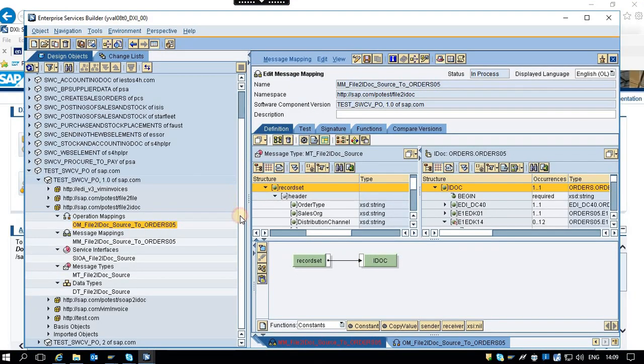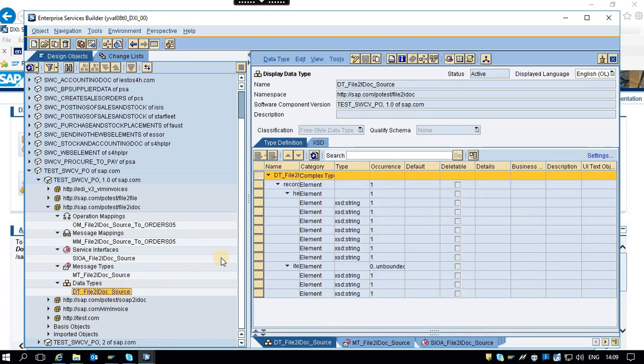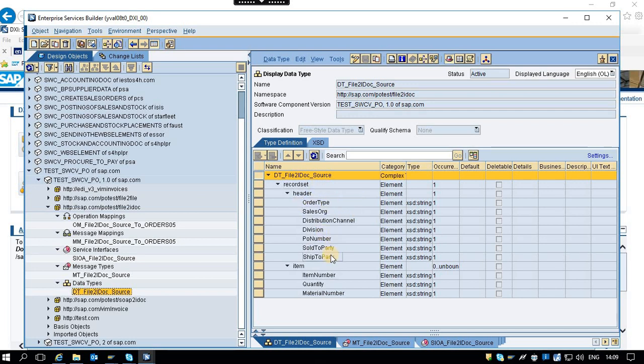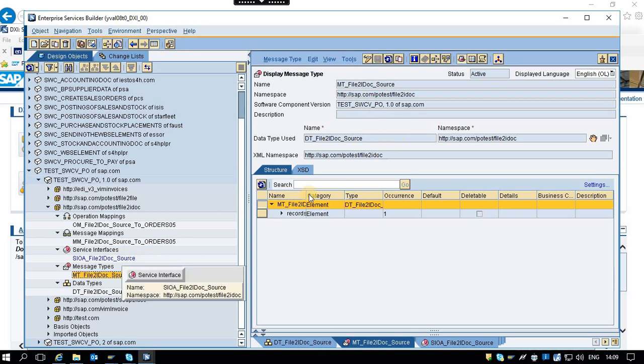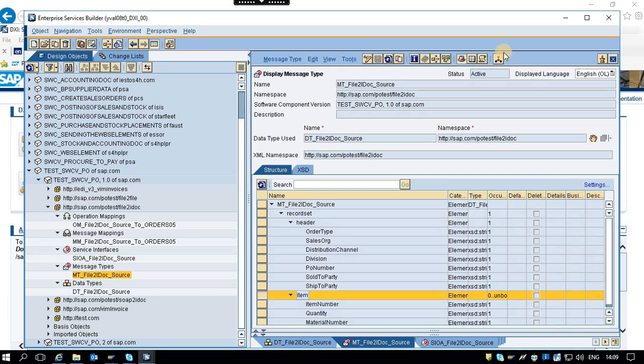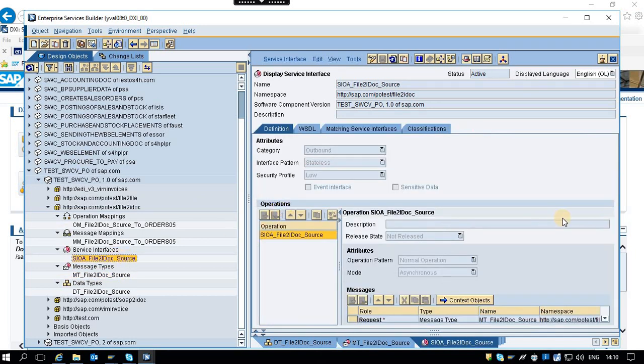Now, just to recall the scenario, I have used the same source data type, the same XML structure, the same message type, and the same service interface.